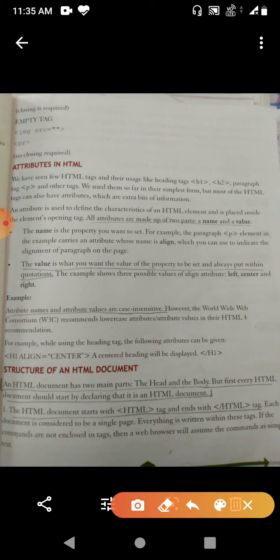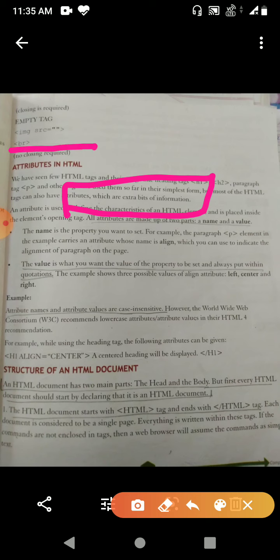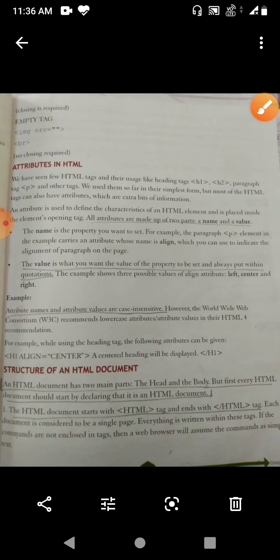Like you can see here, it is the image tag and it has the attribute src. The attribute defines more about the image, like whether it should be in the center, at the top, or at the end. This is how attributes define all this in HTML when we are creating it.